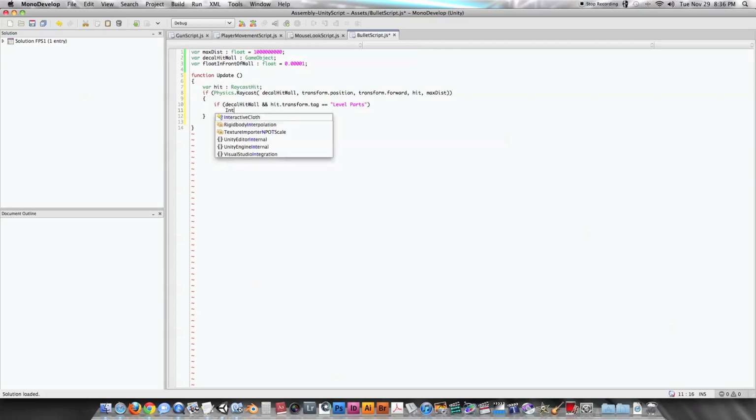We're going to instantiate the decal hit wall at position hit dot point. So the point in 3D space where the raycast actually hit something, and then we're adding hit dot normal. So the magnitude vector that is pointing in the direction that the face is pointing, that the raycast hit, and